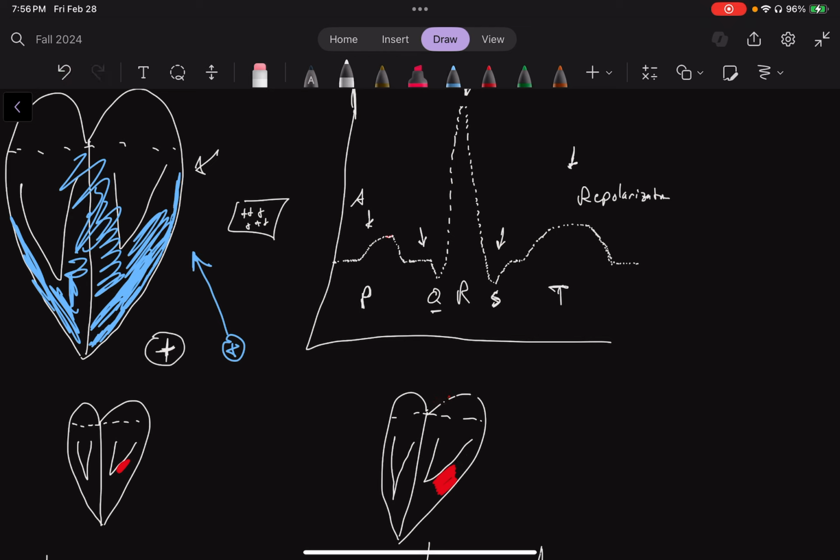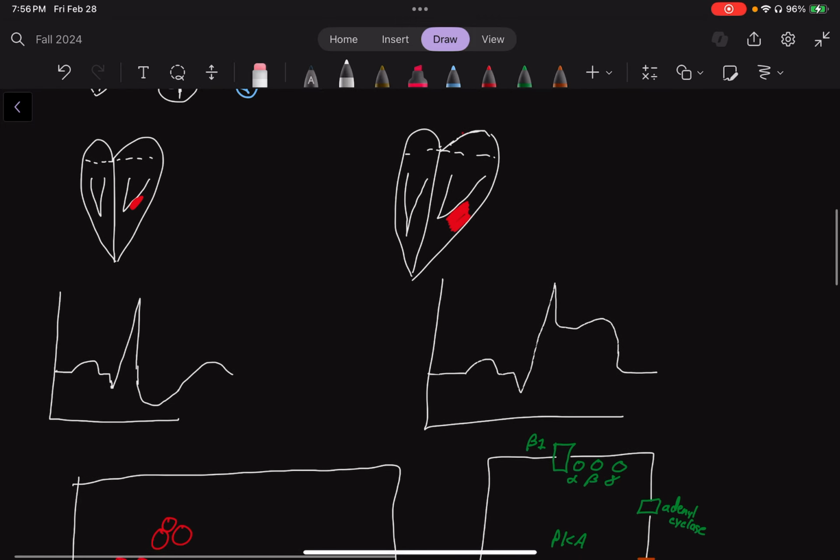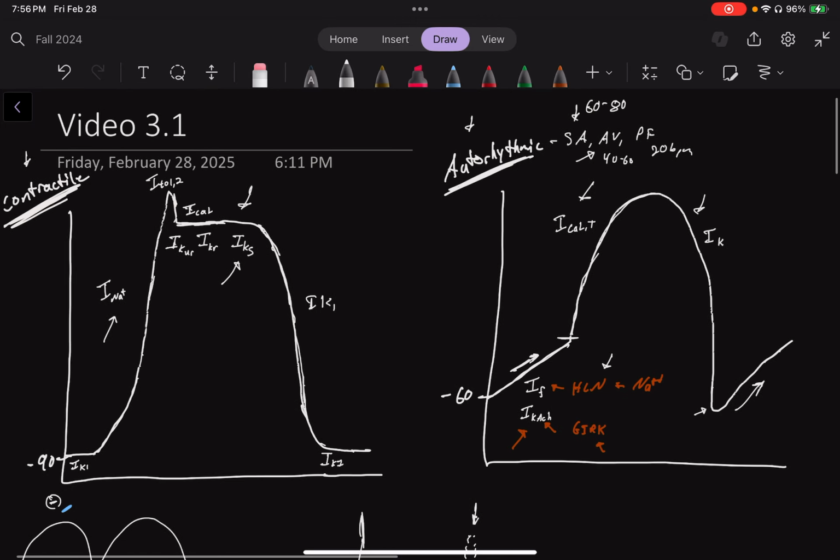And if the endocardial cells become hypoxic, that will cause them to stay depolarized. And that's a problem. So if those cells stay here because they're hypoxic,